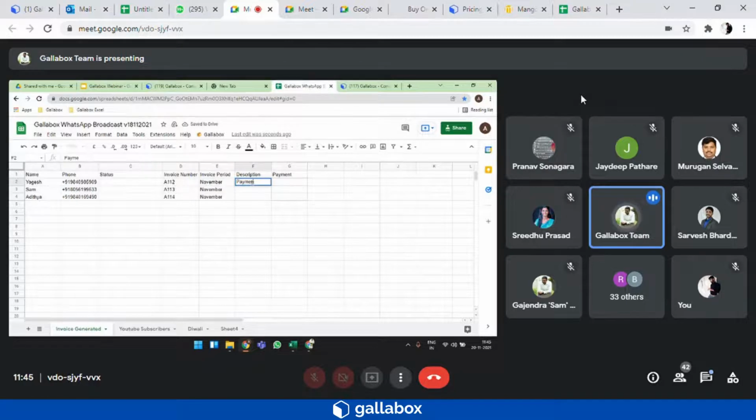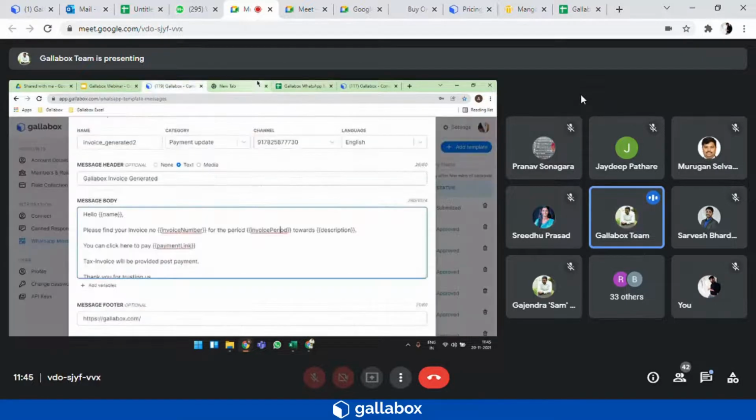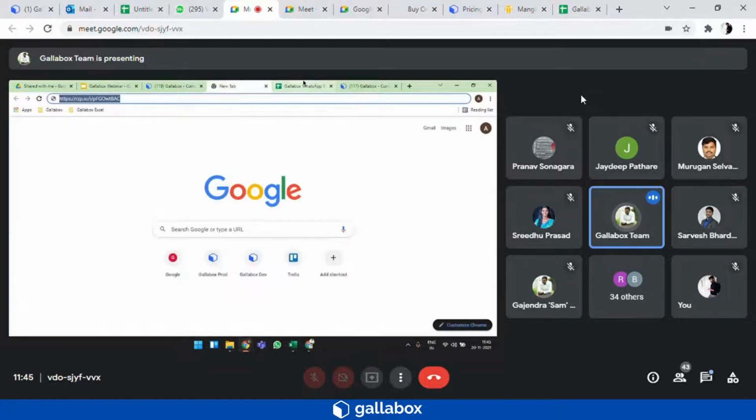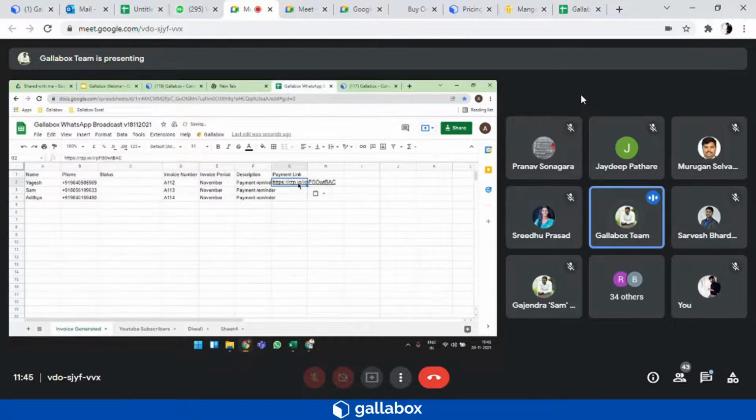So this will be payment link. So this will be payment reminder. I will copy the same and paste these two here, and this will be payment link. I will copy the payment link and paste the payment link here.